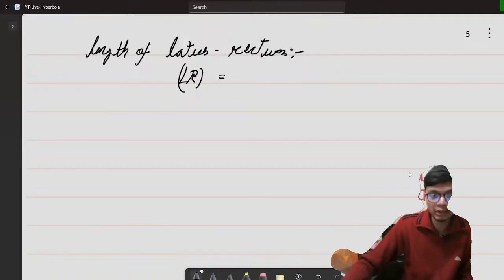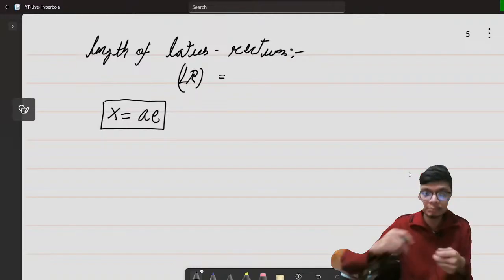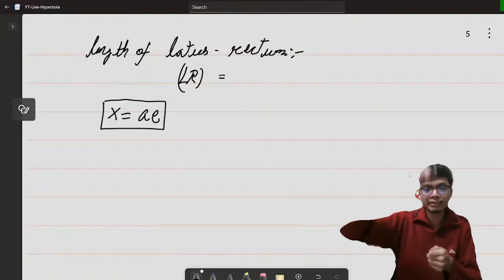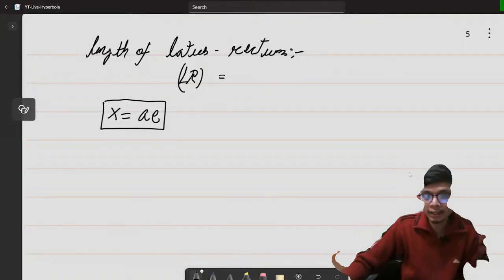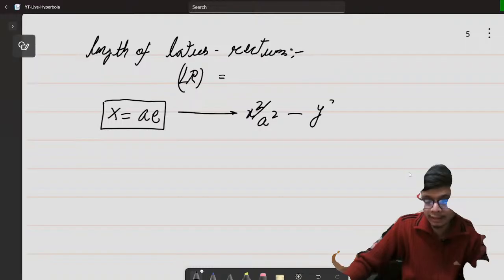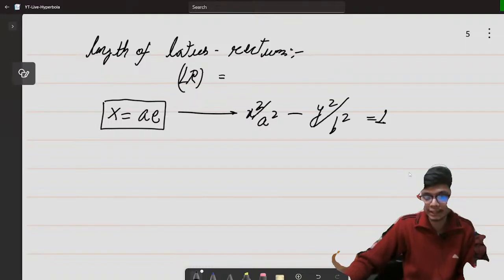The simple thing that we can do over here is to take the point x equal to AE, and then go perpendicular and find out the y coordinates, right? So if I take a line x equal to AE and solve it with the standard equation of my hyperbola, I'll get the coordinates of y where the curve is touching, right? So if I solve this,